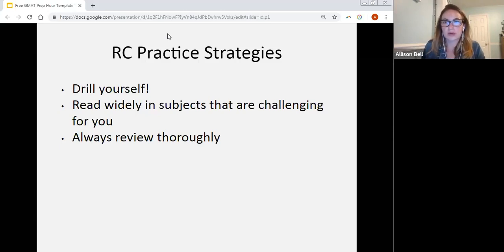So what can you do if you need to improve in reading comp? First is to drill yourself. So you learned a couple of major techniques for improving in reading comp tonight. You learned about making a passage map or a mental passage map. If that is something that you feel you could improve in, one way to drill yourself is to practice making a passage map and then compare the map that you make to the one in the official guide, to the